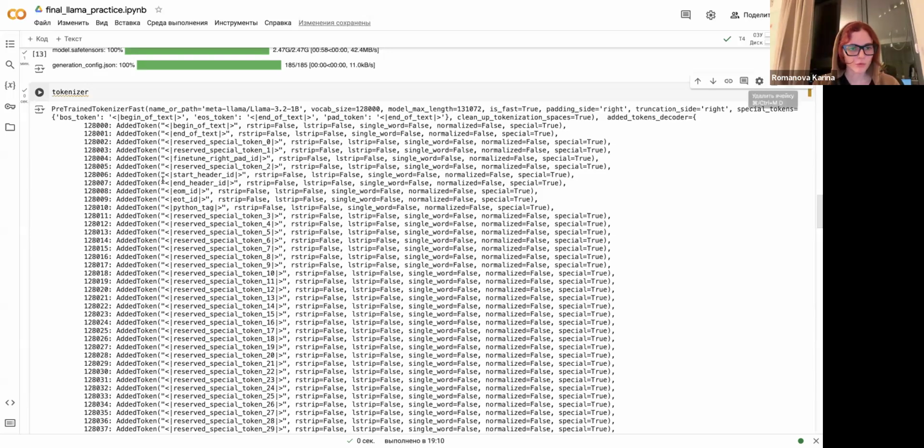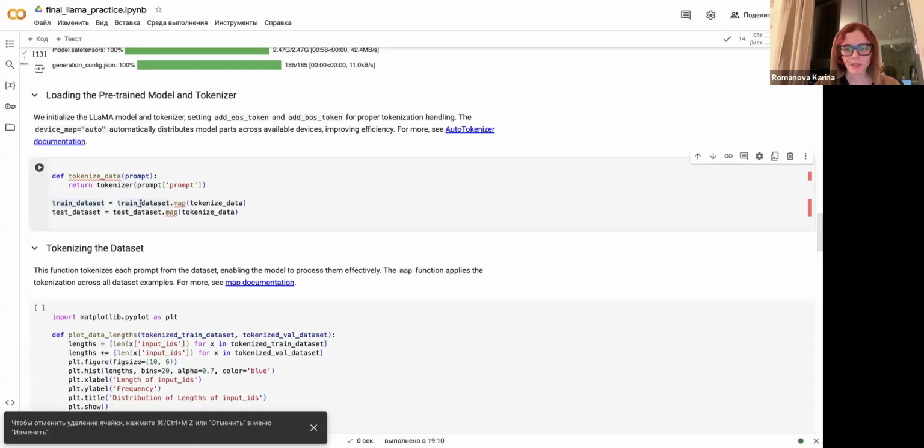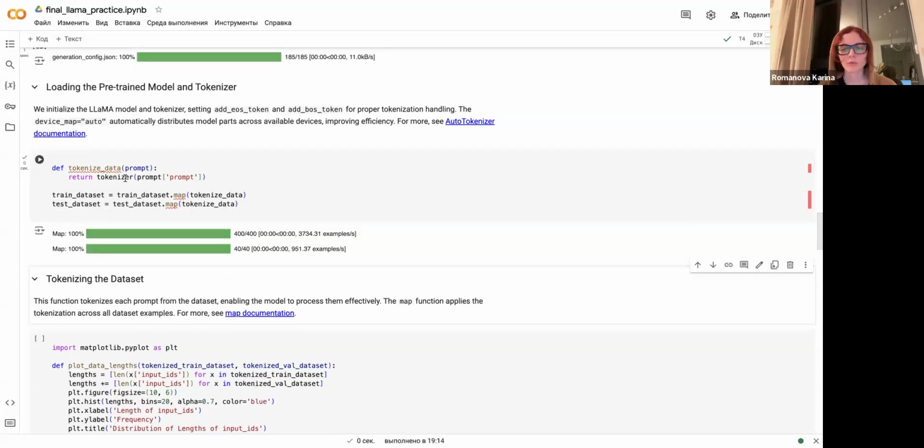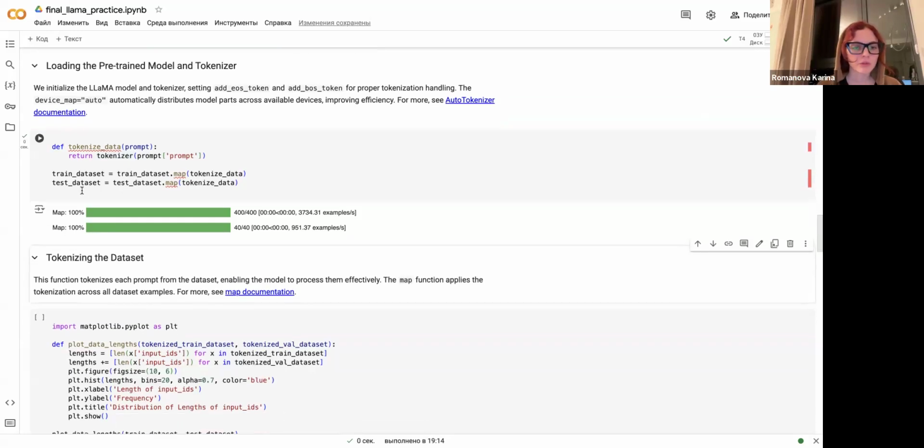Okay, let's move on. Here we have tokenizing our dataset. Firstly, we tokenize: we convert text into numerical tokens that the model can process. We use the map function to apply tokenization to each example in the dataset, preparing the data for training and ensuring compatibility with the model's input format. And you can see that I didn't provide the context length for tokenization, because here I don't want